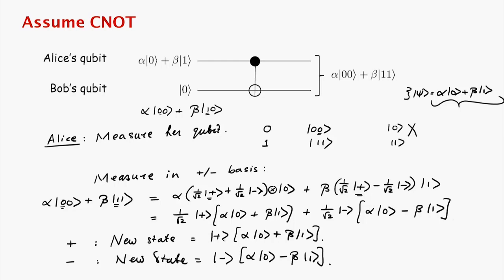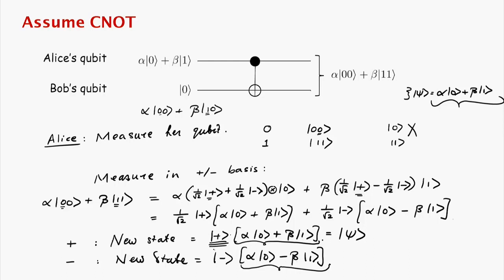Okay, so in the first case, what's the state of the second qubit? You can see that this is a tensor product state, meaning that the first qubit is in the state plus, and the second qubit, Bob's qubit, is in alpha 0 plus beta 1. This is exactly psi, which is what we wanted. What about in this case? If she measures a minus, Bob's qubit is in the state alpha 0 minus beta 1, which is not the same as psi. But what we do know is that if you apply a certain gate to it, you can